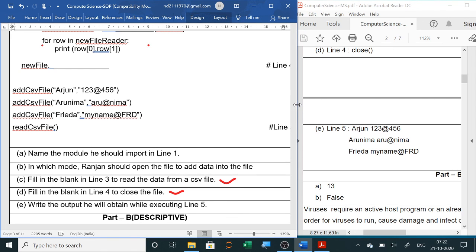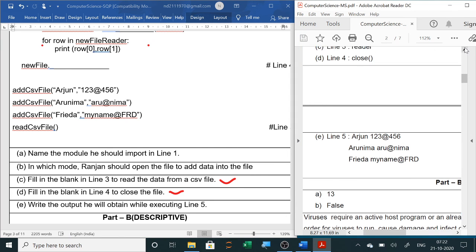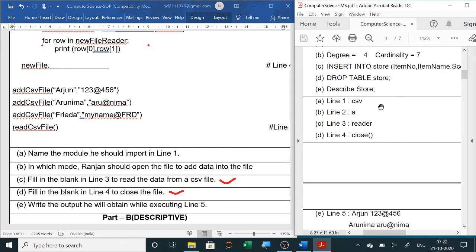Now in the next video we will do part B, section 3, that is the descriptive part, questions of 2 marks. Till here you were having 1 mark questions where you just go through the case study, and as per the case study you write the answer. So I think you have understood section 2 part A.